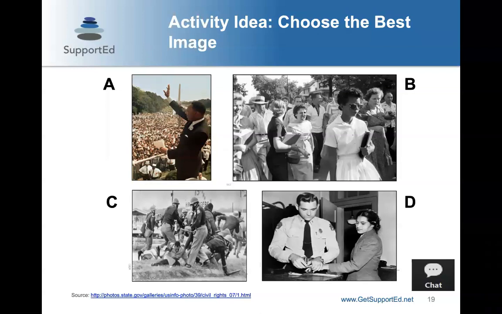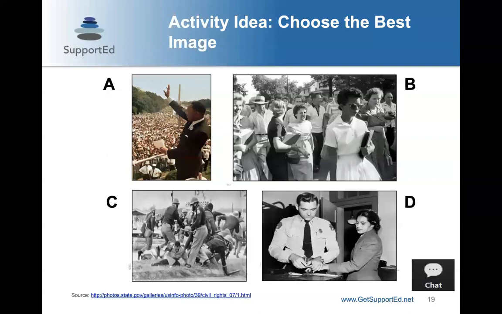Or this particular activity is usually at the end of a lesson after you've studied specific content, and you share 4 or 5 different images, and then you ask students individually first and then in groups to discuss which image they feel is most representative of what you've been discussing. Or it could be, if you read a story, which image represents the climax of the story, or a turning point in the story. So what I'm going to ask you to do now is look at these 4 images, and share which you think is most representative of the US Civil Rights Movement, and why.